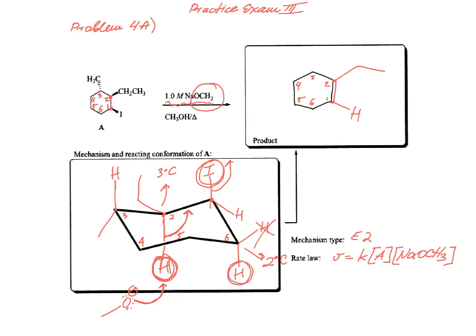Carbon number 3 had not changed. Methyl group is still pointing down. I look at my newly formed alkene and I see that the bond that I had formed is between carbons 1 and 2, since I eliminated hydrogen from the more highly substituted carbon atom in a Zaitsev fashion. Therefore, I have a Zaitsev product. I have 3 groups, non-hydrogen groups, bonded to the new alkene. I have carbon atom, carbon, and carbon. So this is a tri-substituted